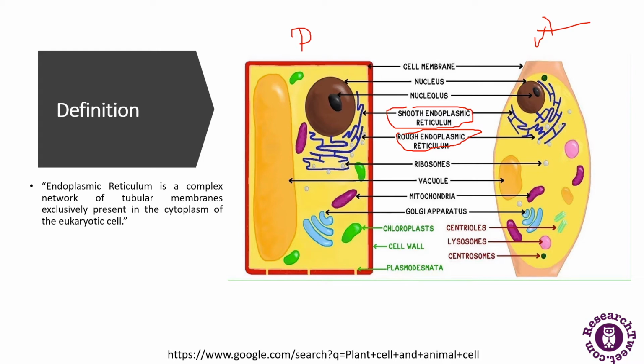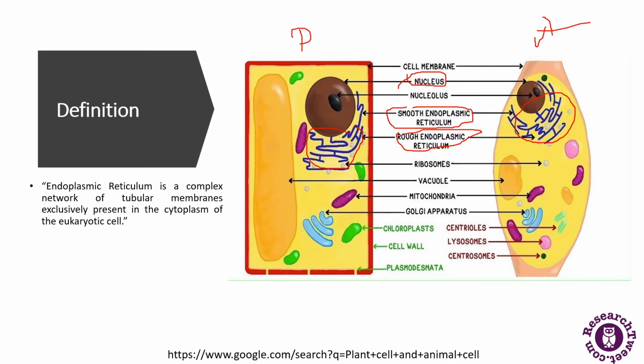rough endoplasmic reticulum. And you can see here there are membranes which are folding. There is a continuous folding of the membranes in both the diagrams. It is basically the membrane that forms the continuous folds, and it even joins the outer layer of the nuclear membrane. So they are joined to the nucleus. This is a nucleus which is depicted in both the cases, and they are joined with the nuclear membrane.